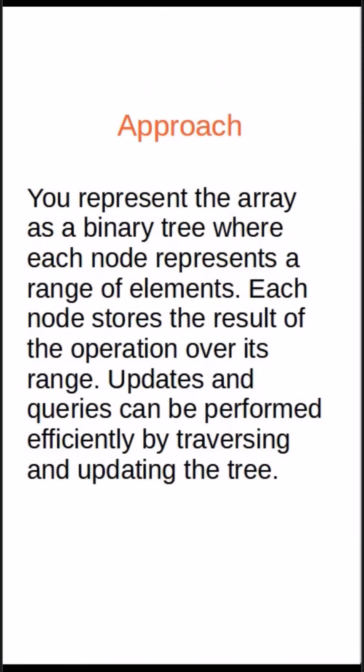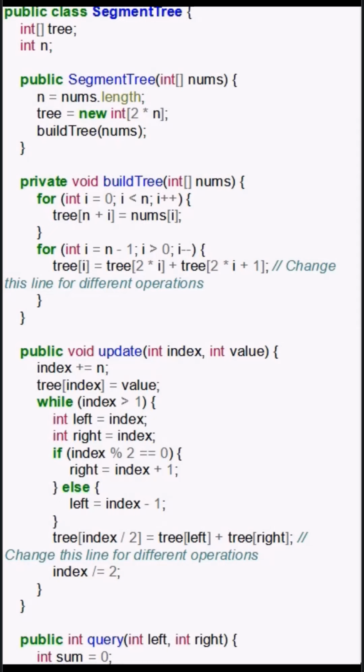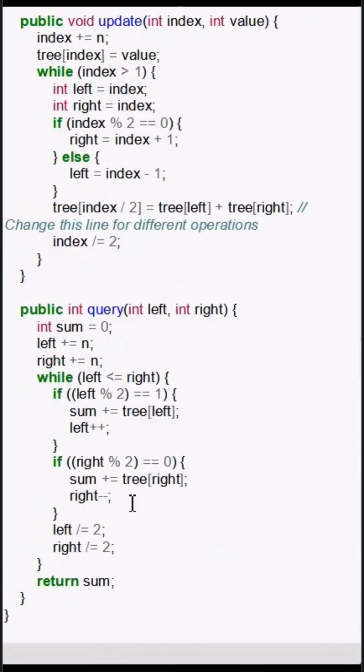So how does it work? You represent an array as a binary tree where each node represents a range of elements. Each node stores the result of the operation over its range. The updates and queries can be performed efficiently by traversing the tree. So here is the Java example. Stay tuned for